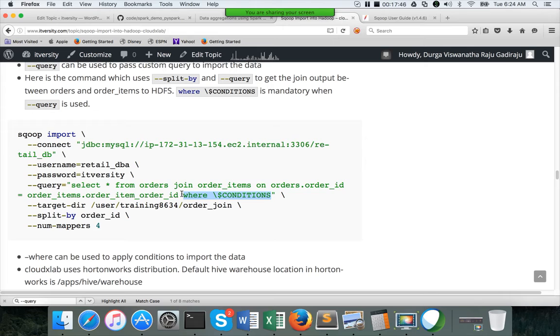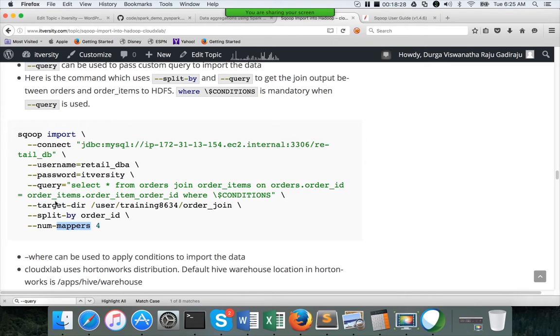And you have to use where conditions, because of the syntax. You have to apply this one also. If you dig into the details, you will understand. You don't need to worry about it. Just remember that you have to apply this where condition with query. If you don't specify this, it will not work. What will happen is, it will use this query and then apply the boundary query to get the results from the underlying data. And if you want to use more than one mapper, because you are joining multiple tables here, Sqoop cannot determine what should be the key on which data has to be split.